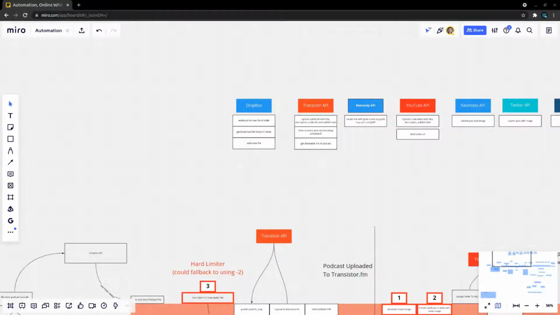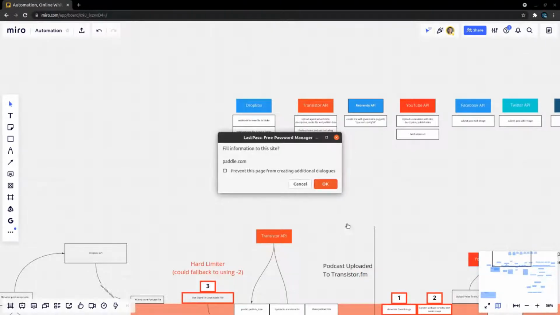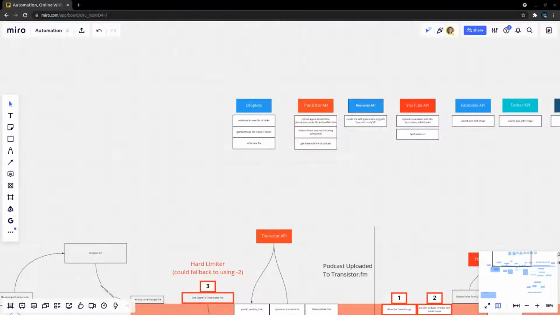Because I don't want to flash my credit card details to everybody. Okay, there we go.